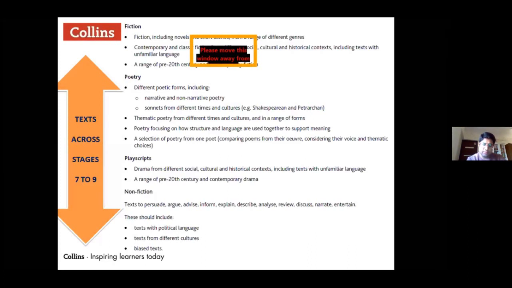Then we have a question. I think Manish will be able to answer. Will Collins provide a sample copy of all 3 stages along with the workbook and teacher's guide so that the books can be provided? Collins has already provided the login details and the password. For every month, Collins has been doing it. In case, I'll send that from my end, or Team Collins will do that. No problem.